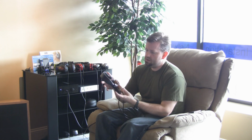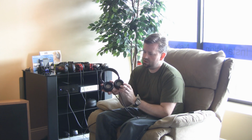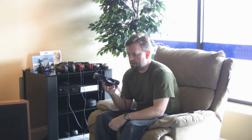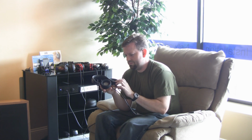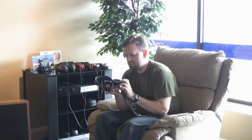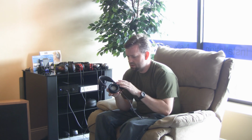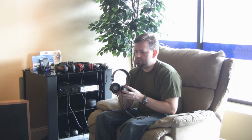So the ear pads are replaceable, and they're relatively inexpensive, just a few bucks. Out of the package, they're a little firm, but they will break in and get softer. These ones are actually pretty soft out of the package, but they do get softer and more comfortable. They just sit on the ear, and they are, like I said, so light that you barely notice them there,